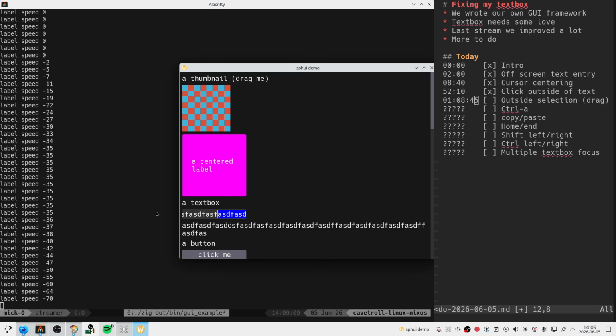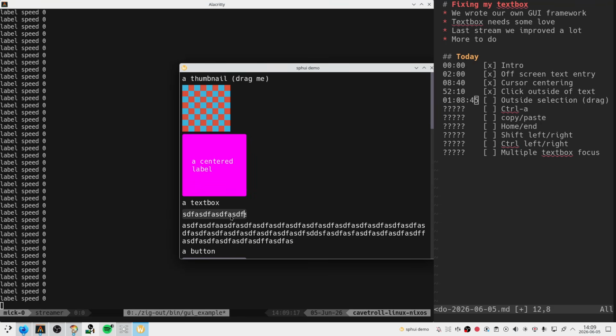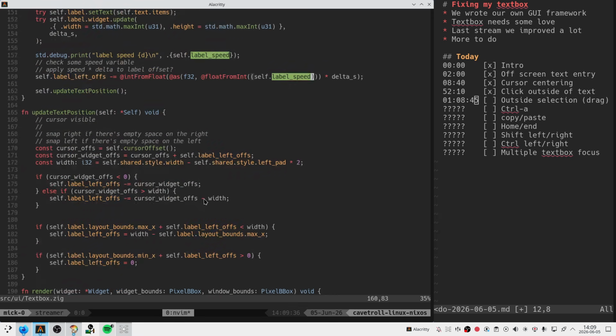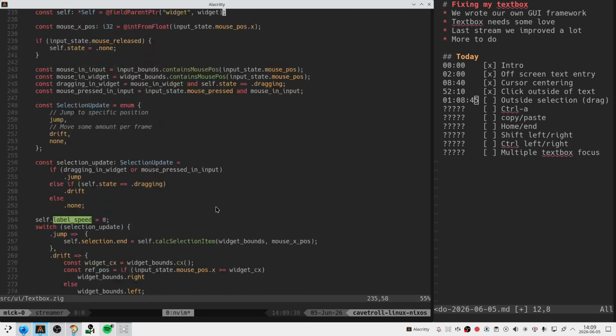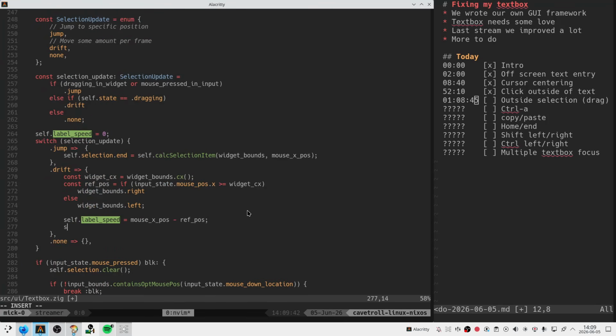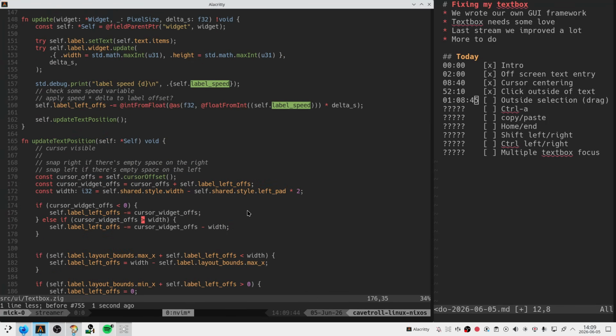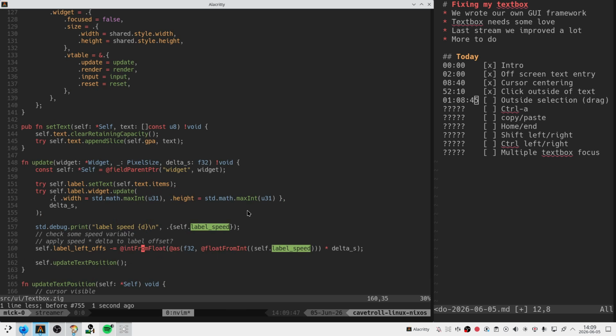Okay, let's just make the text really long. I think, is the left edge working correctly too? I want the text to be really long so that I can, like... Something's wrong here where the selection is not updating on drift. So we're like moving the text, but the selection itself is not getting updated, right? So here it's like